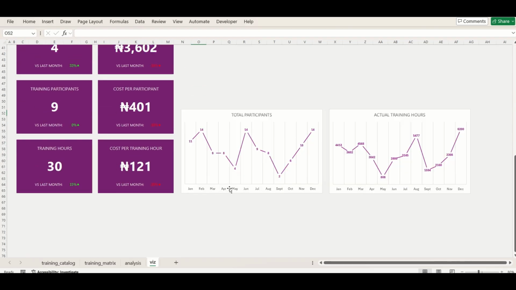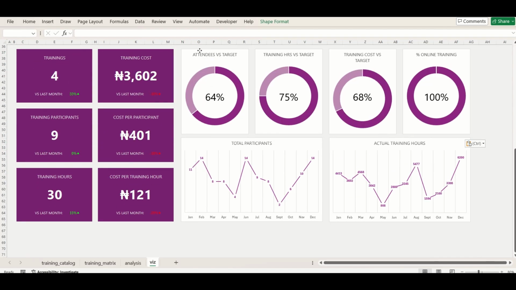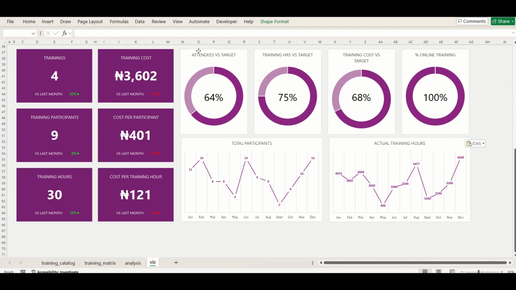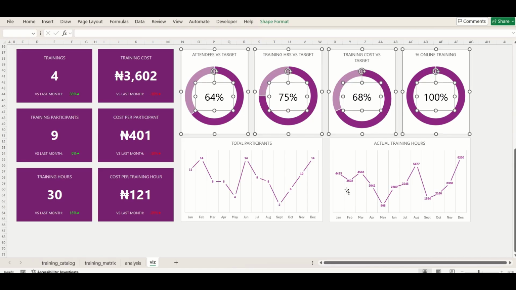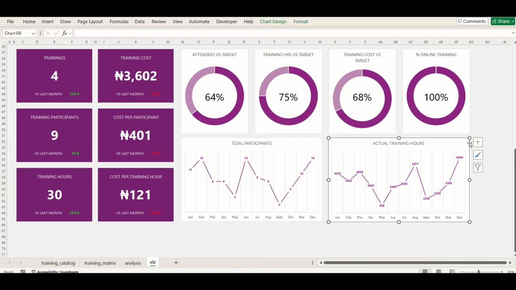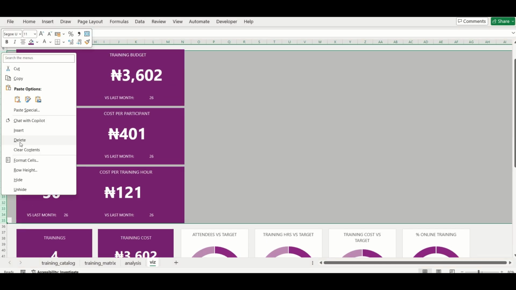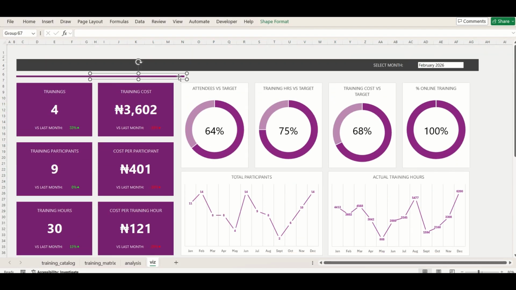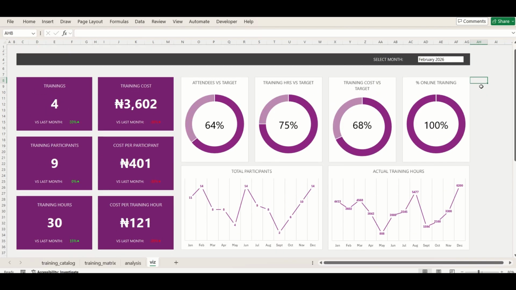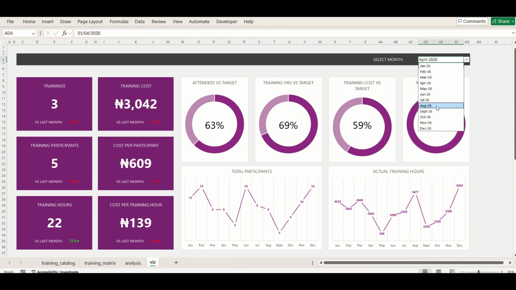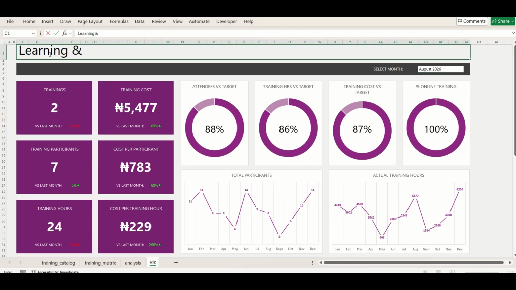And that's essentially it. I just remove the placeholder cells, bring the pie charts and line charts downward so that they align with the created KPI cells. I test the combo box. So I sense check all the new KPI panels by testing the combo box, changing the months to make sure that the data is changing every time I change the month. I also bring in the dashboard title, and